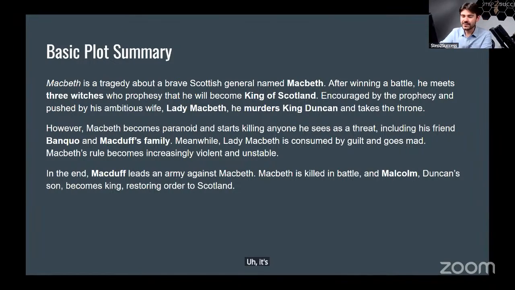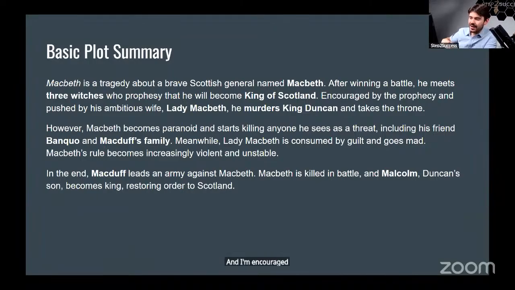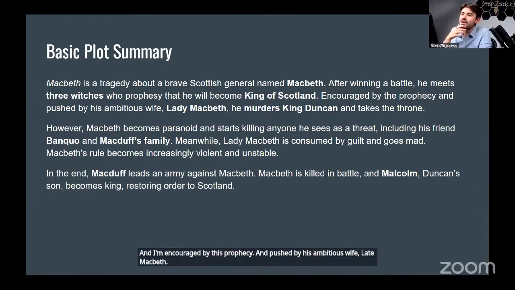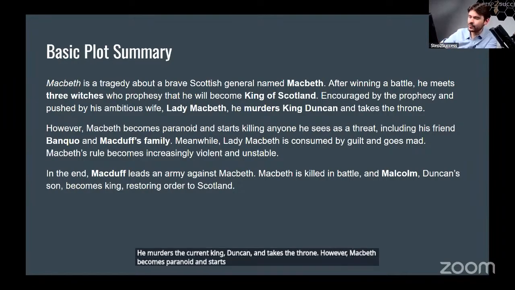It's about a brave Scottish general named Macbeth. After winning a battle, he meets 3 witches who prophesize that he will become the king of Scotland. Now, encouraged by this prophecy and pushed by his ambitious wife, Lady Macbeth, he murders the current king, Duncan, and takes the throne. However, Macbeth becomes paranoid and starts killing everyone he sees as a threat, including his friend, Banquo,